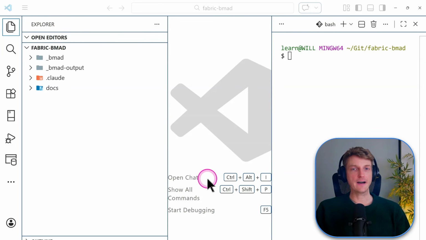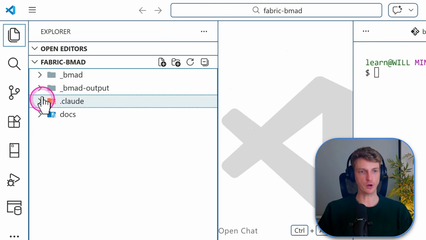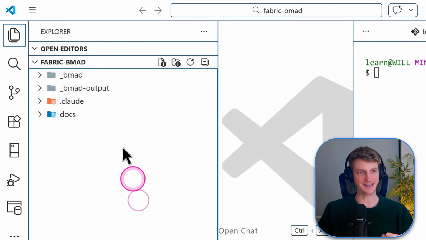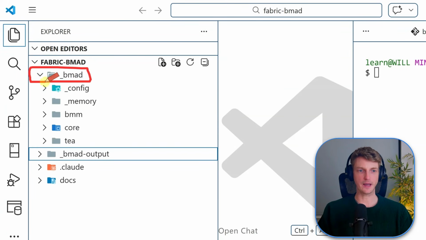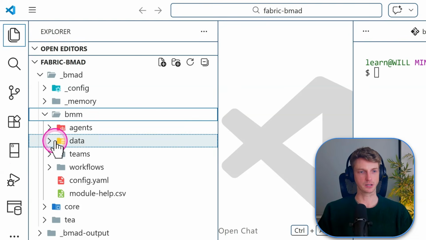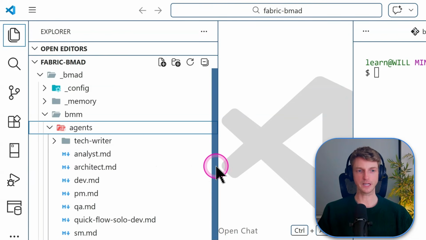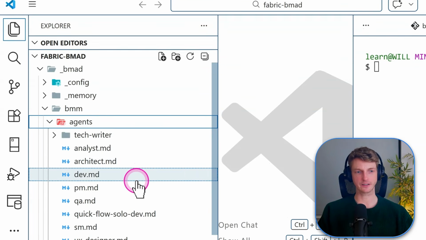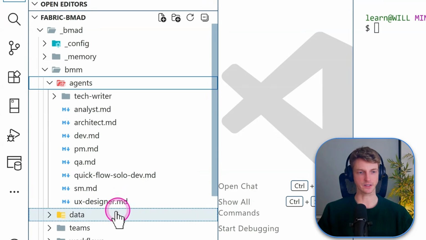All right, so now we have our BMAD modules installed. Let's just go on a little bit of a guided tour here. So we've got 4 main folders that have been created in our Fabric BMAD folder. Got the BMAD. This is where we have all of our BMAD modules. Config, memory, BMM, which is probably the main one that you're going to be using the most. That's like the BMAD method. And it contains all of our agents here. So you'll see that it already comes packed with an analyst, architect, developer, product manager, QA, Scrum Master, UX designer,